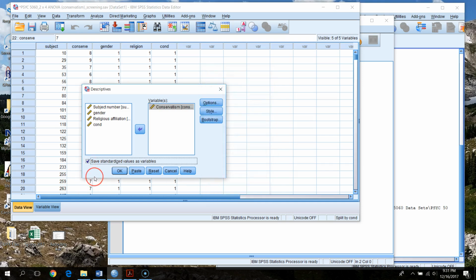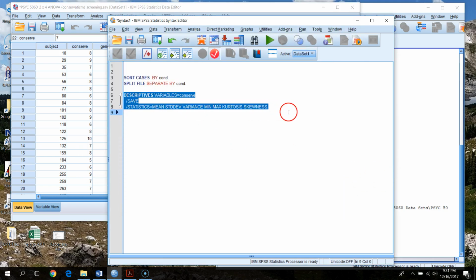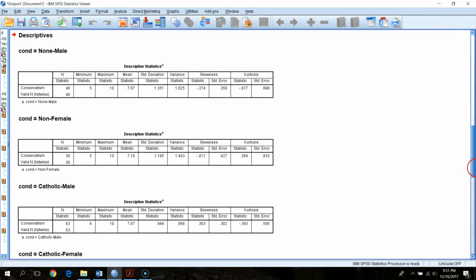Save standardized values as variables. Remember that this is going to save z-scores for each one of our cases, but it's going to use the mean of our individual cells as the mean value with the split on here. So just make sure that that's doing that appropriately. I'll go ahead and hit paste. And if we run this, all right, we can start looking at our